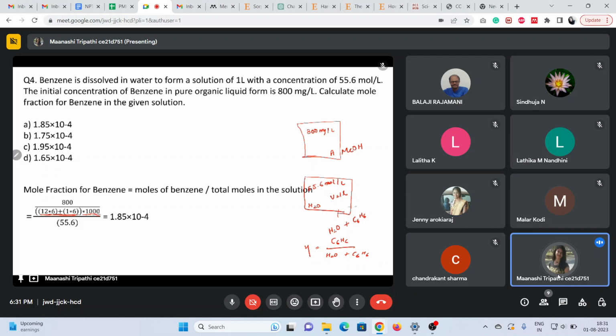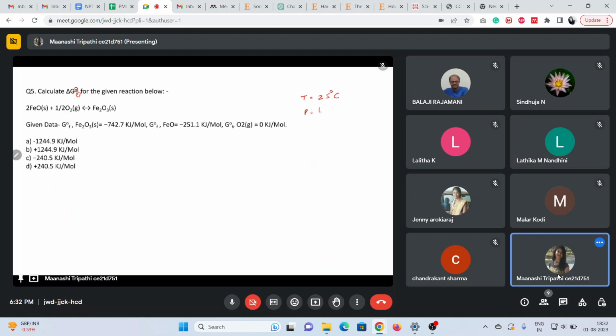Calculate Gibbs free energy for the reaction below. Here we can very well see this R is talking about the reaction and this is talking about the standard condition. Okay, this degree sign is talking about the standard condition. So when we say standard condition, temperature is 25 degrees Celsius. So while solving the questions, we will revise the concepts a bit. Okay, so that will be helpful. Pressure is 1 atm and activity is 1.